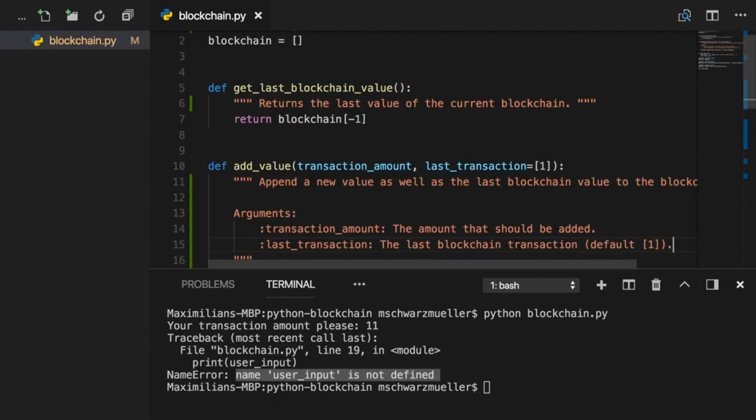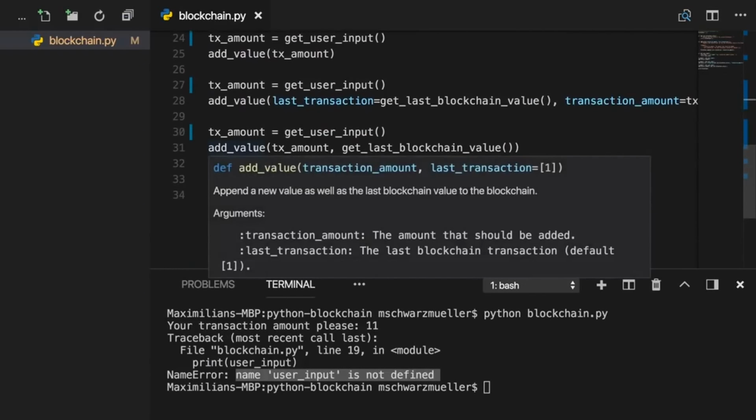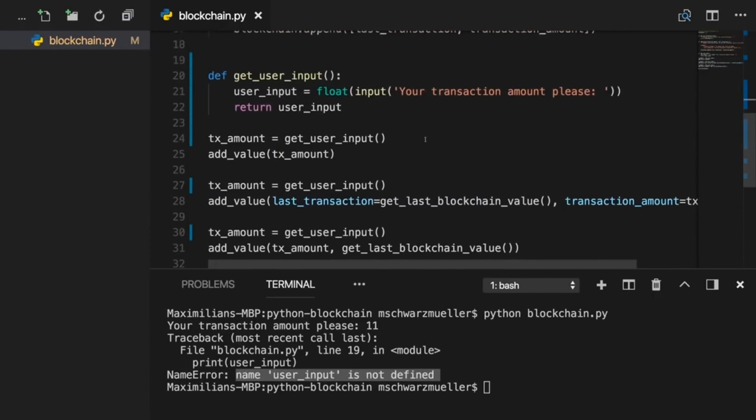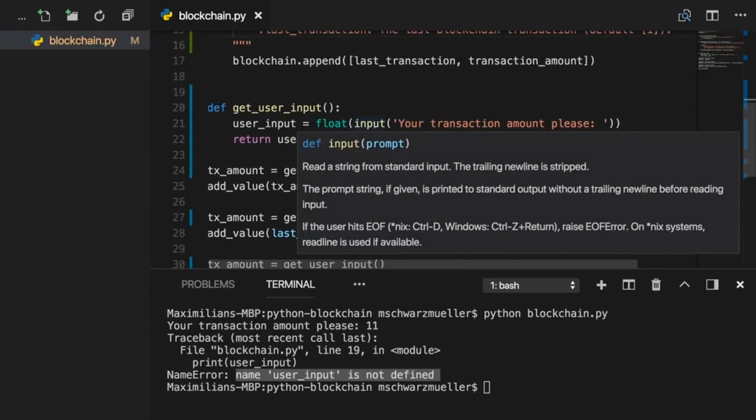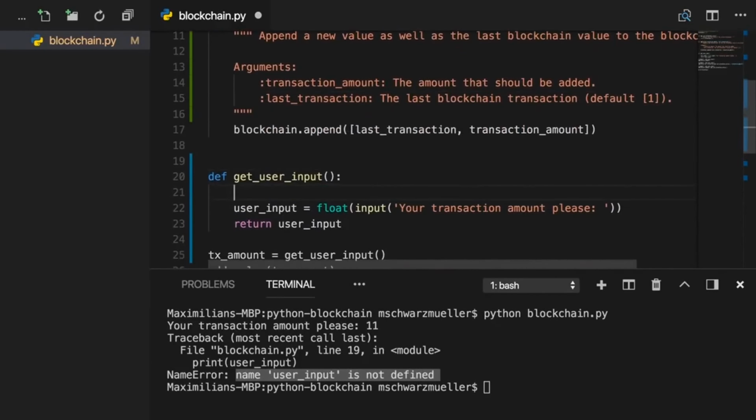Now the advantage of this clearly is that whenever we use add value, we get that information. And if we're not the creator of that function, this of course is very helpful when it comes to us understanding that syntax. And this is also why we get highlighting, for example, for input. Here we also get some help in the IDE, well, because input is implemented like this, and because it also has a doc string. Now let's therefore complete our commenting exercise here by also adding something to get user input, returns the input of the user, a new transaction amount, as a float.